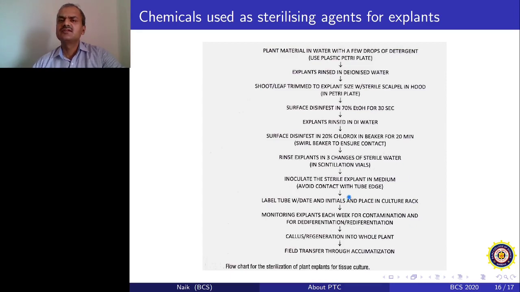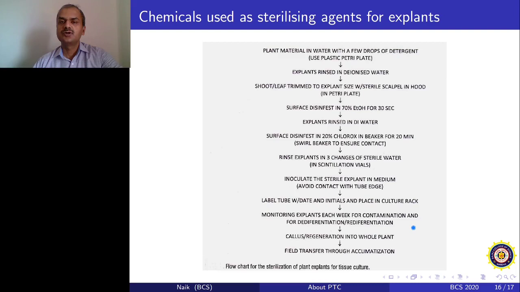Now after incubating, in the next 3 weeks in tissue culture practice, you will see responses, and these responses will vary depending upon the type of the explant. It will give 80% proliferation, sometimes 20%, sometimes no response as well. It can happen that even after sterilization, if your media formulation and your hormonal formulation is not optimum enough to create a morphogenetic response, the explant will not show any kind of growth. That could happen. But as I told you, with herbaceous plants, especially the Solanaceae family, most of the explants do show some kind of response.